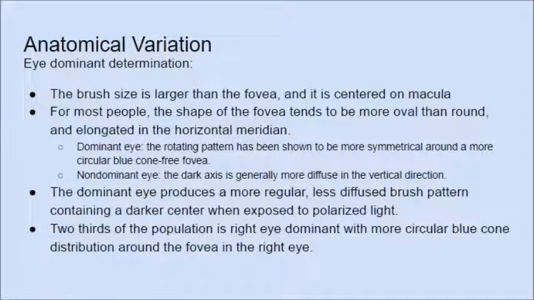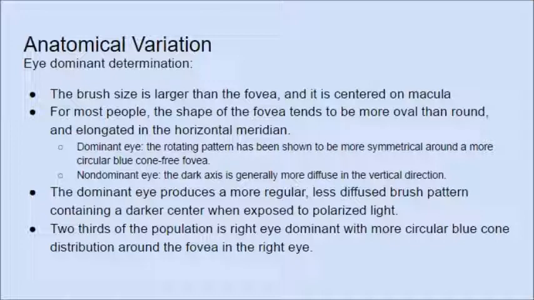Anatomical variation and eye dominance determination. The brush size is larger than the fovea and it is centered on the macula. Because of this, it must originate from the macular area surrounding the fovea, which contains blue cones. For most people, the shape of the fovea tends to be more oval than round and elongated in the horizontal meridian. In the dominant eye, the rotating pattern has been shown to be more symmetrical around a more circular, blue-cone-free fovea,